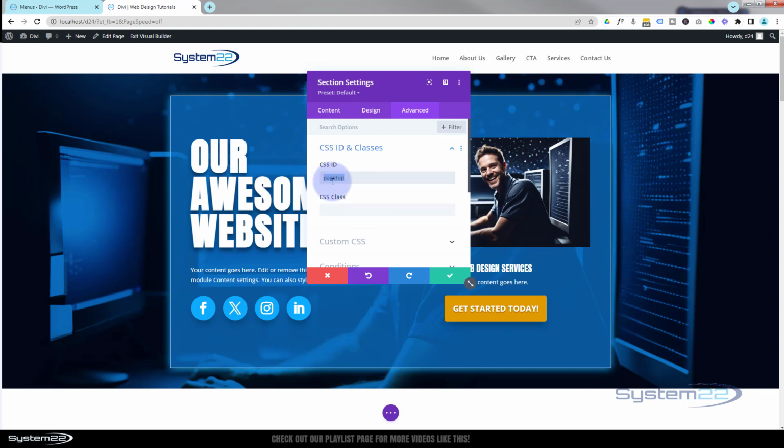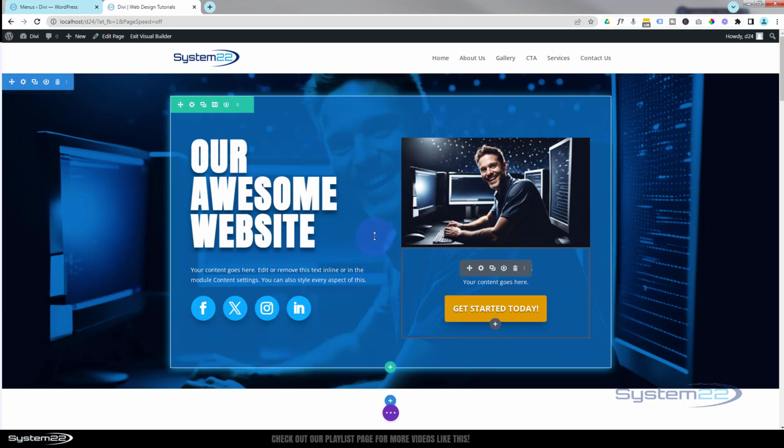Now, you can give it anything you want, but it needs to be unique. You want to make sure there's nothing else on the page with that name. Make sure you're in CSS ID, not CSS class. This won't work with class. So put whatever ID you want in there. Mine's got page top. And save. And you go on down